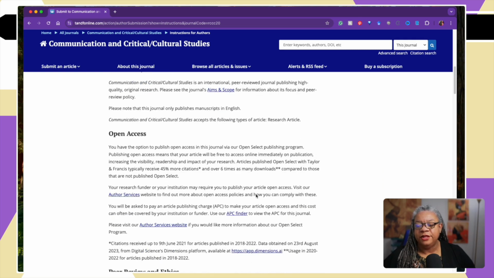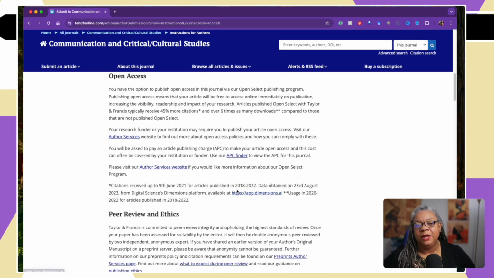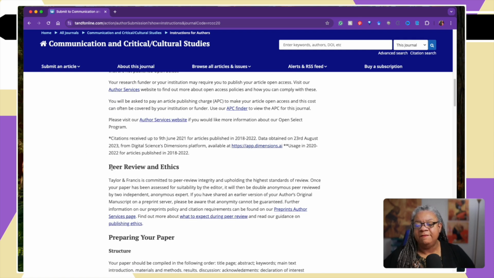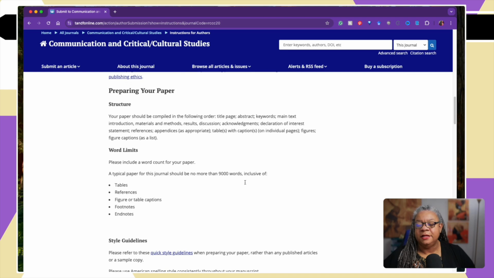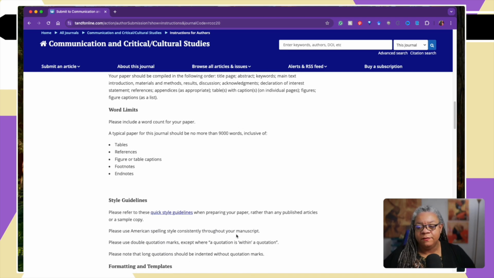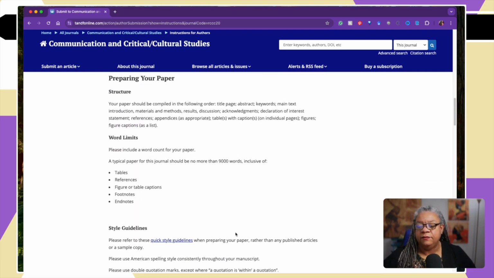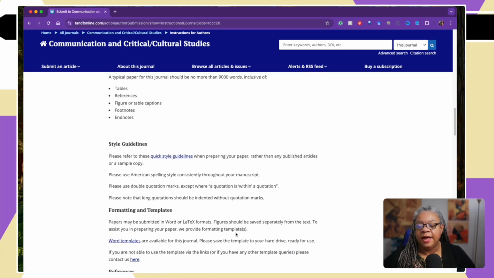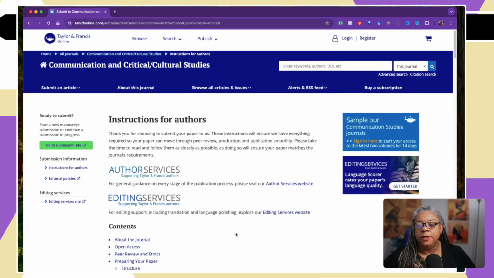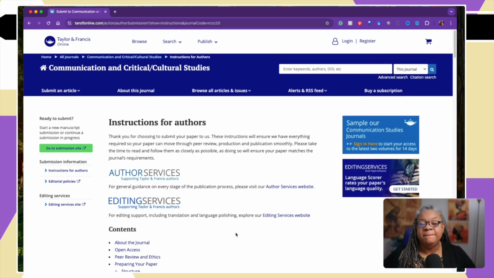All of that information is contained here, including open access, and it verifies that it's peer reviewed and what that peer review process is. But it outlines all the information for you, and it usually gives you a little file you can download that has all the guidelines on it. So you'll want to go and write your manuscript based on what the requirements are for the